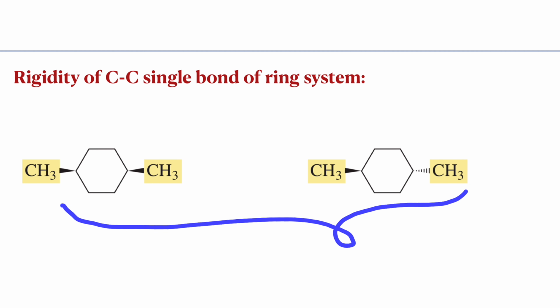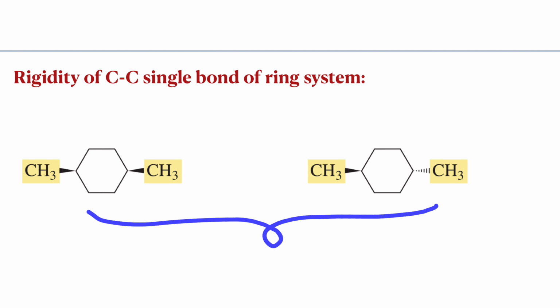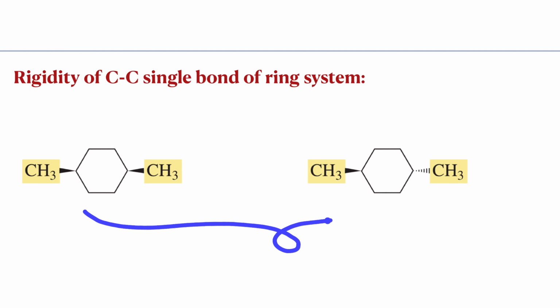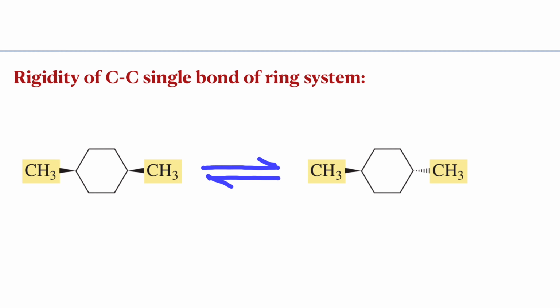These two have the same molecular formula, the same connectivity, but here the methyl group is above the plane, here the methyl group is below the plane, and these two are said to be stereoisomers, but this cannot be converted to the second one. So these are non-interconvertible stereoisomers. Those stereoisomers are said to be configurational isomers. So the CC double bond, CC triple bond and CC single bond of a ring system, all these bonds are rigid bonds,